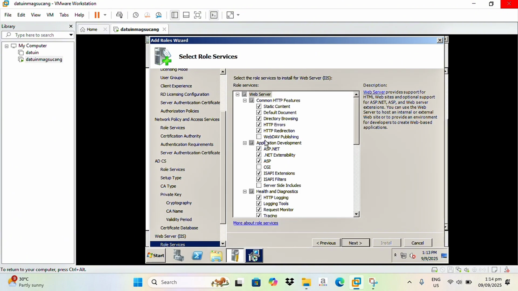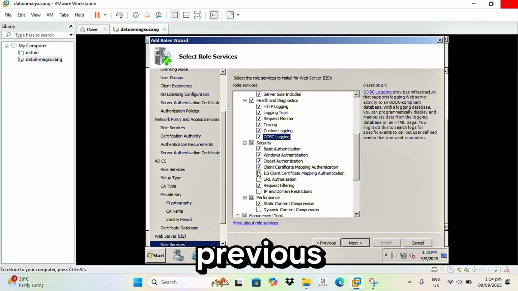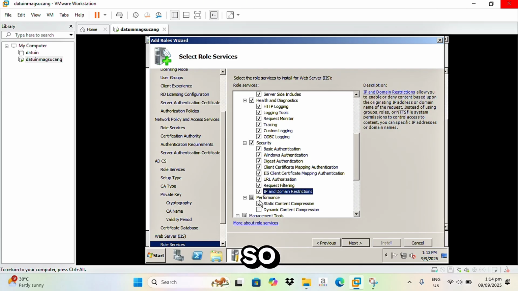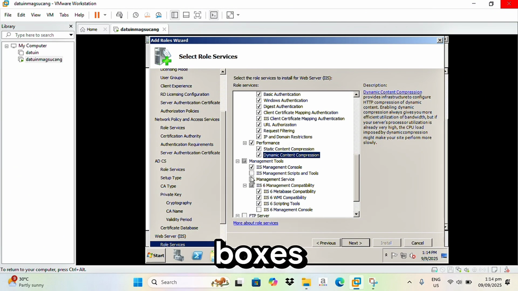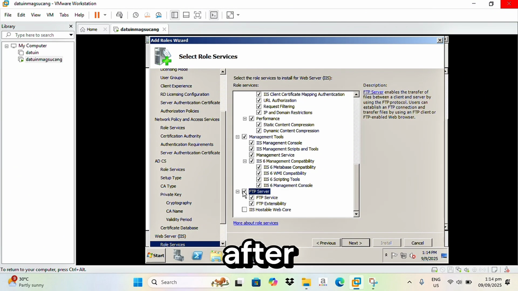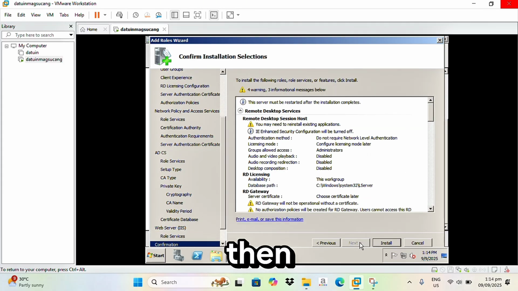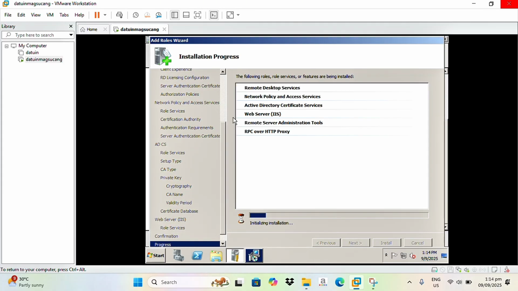And then select the role services to install for web server. Same as the previous video, so let's check all the checkboxes. And after that, click next and then click install. So again, let's wait until the installation is completed.